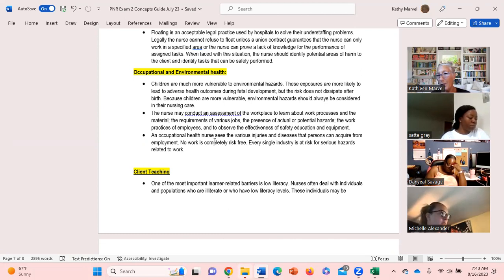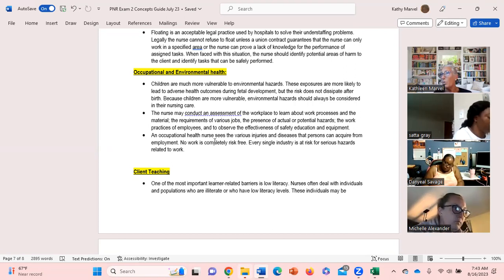Okay, think about it. Think about it in a hospital. Think about how many job descriptions there are, how many responsibilities there are within those job descriptions. Right? Everybody requires different training for different areas. Okay? I mean, think about it. No workplace is risk-free. Let's say you work in a fast food place. Well, risk of burns, risk of slipping, risk of fire. Let's say you work in a bank. I don't know, risk to fall, risk for